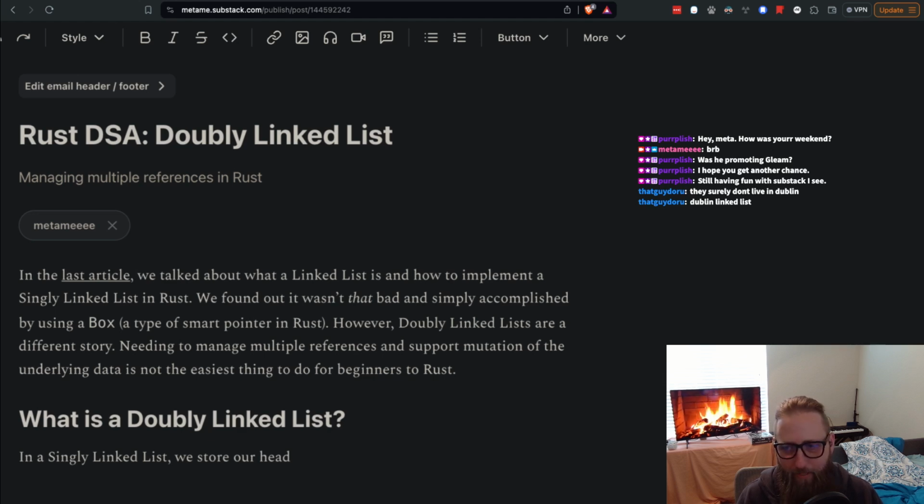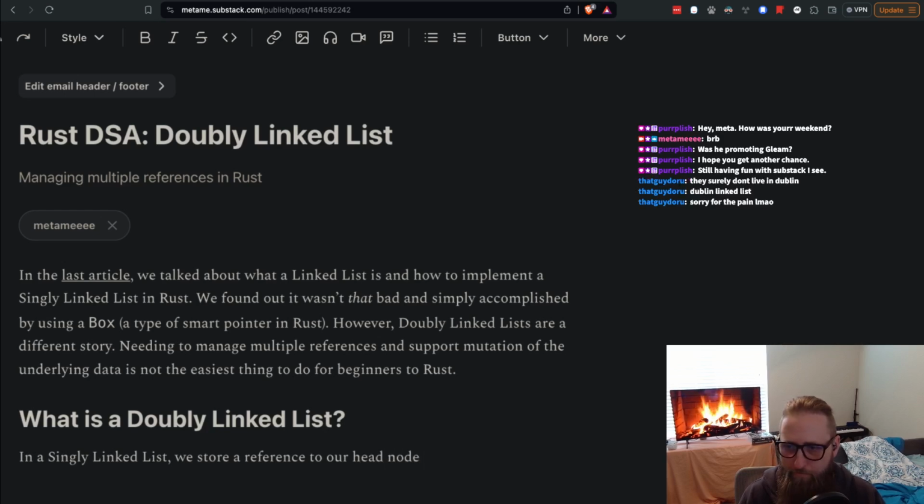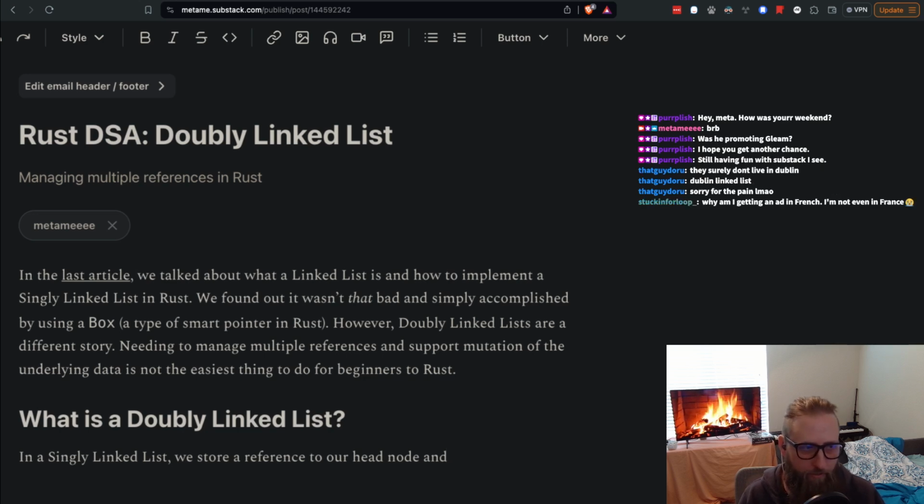I like it. In a singly linked list, we store a reference to our head node. Sorry for the pain. No, you're good. It's hilarious. All good. In a singly linked list, we store a